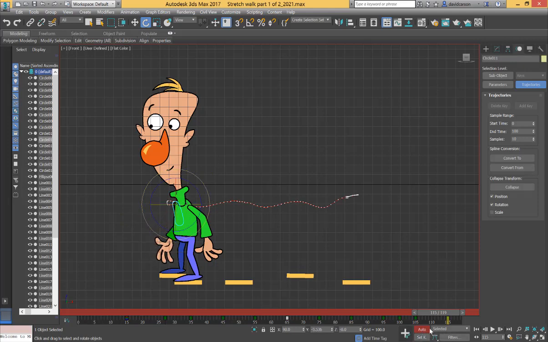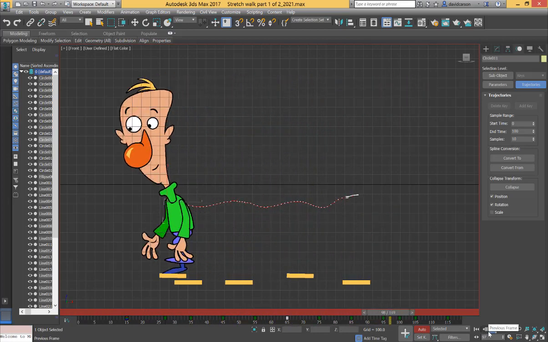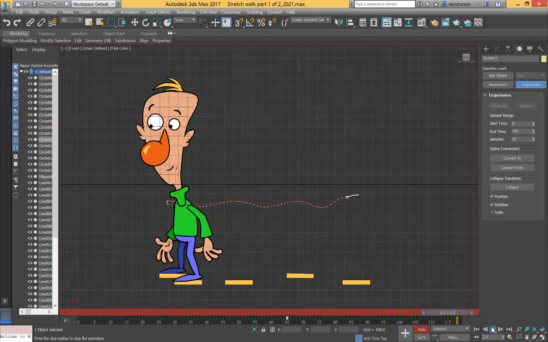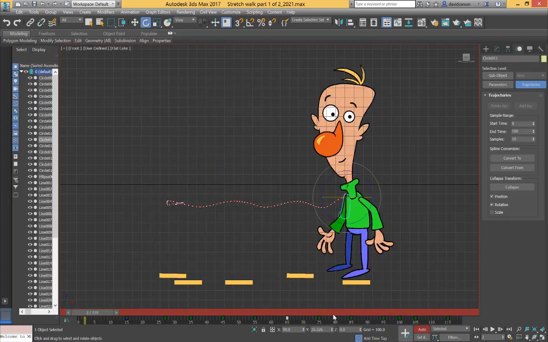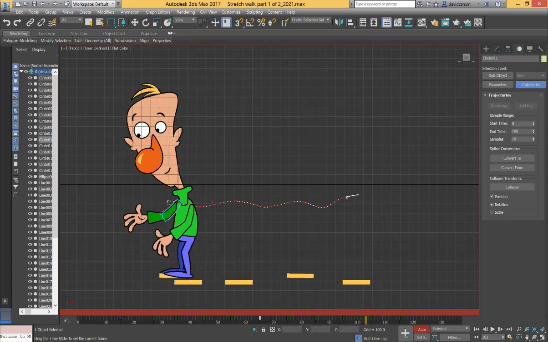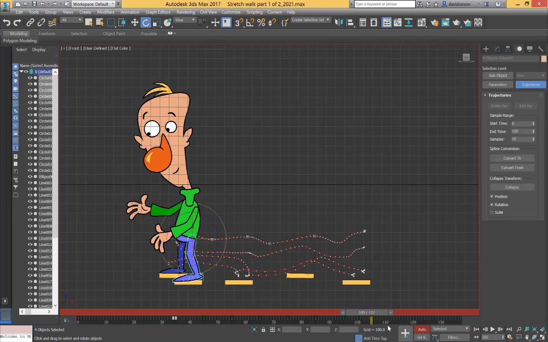Let's just play that and see how it's going to look. Might be a little funny. Oh, it kind of pops there. I'll have to fix that, yeah. But still, not too bad. I don't know why I didn't give myself many frames there. There we go. So, yeah. And I think what a lot of that needs, particularly all this leg action here, I think if I slow that down,